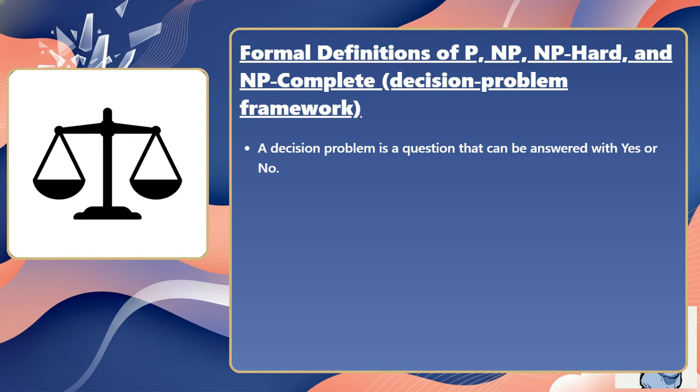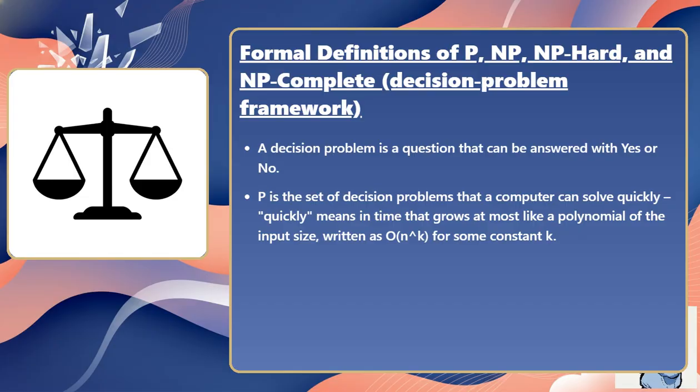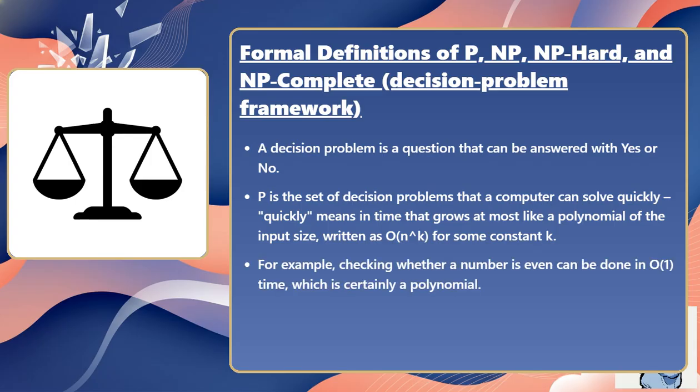A decision problem is a question that can be answered with yes or no. P is the set of decision problems that a computer can solve quickly. Quickly means in time that grows at most like a polynomial of the input size, written as O(n^k) for some constant k. For example, checking whether a number is even can be done in O(1) time, which is certainly a